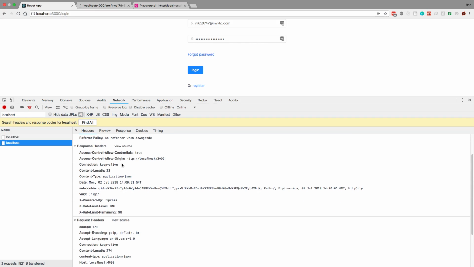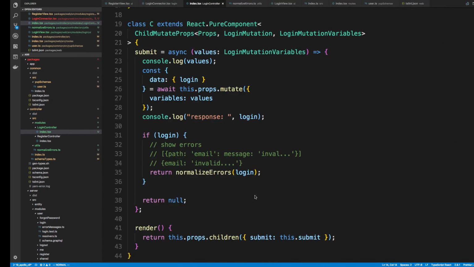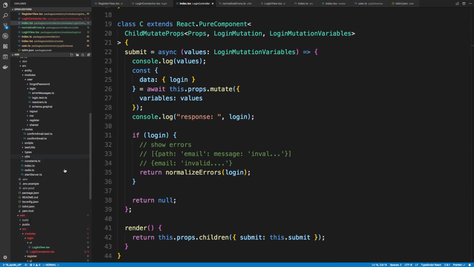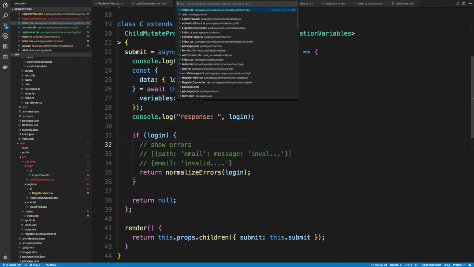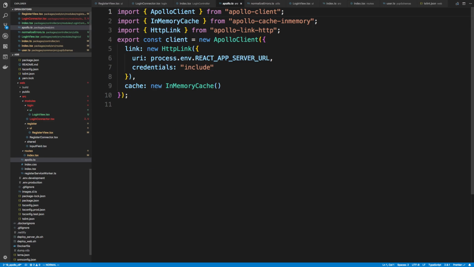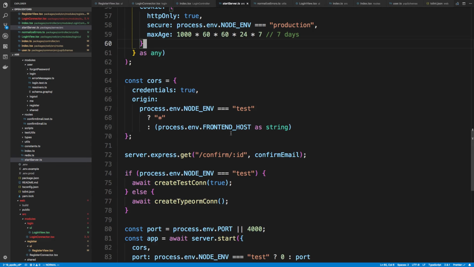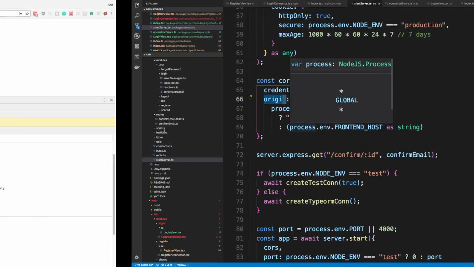The first thing you want to check is that in the headers you get this thing right here that says set-cookie. You can see it's trying to set it. So that means good. The server is sending back a header saying it should set a cookie. The other thing to check, if you're not getting this, is in Apollo. So I can just search that. Apollo, and this is in the web. Make sure you have the credentials set to include. That's very important. And then also in start server, make sure that the origin for the CORS is equal to